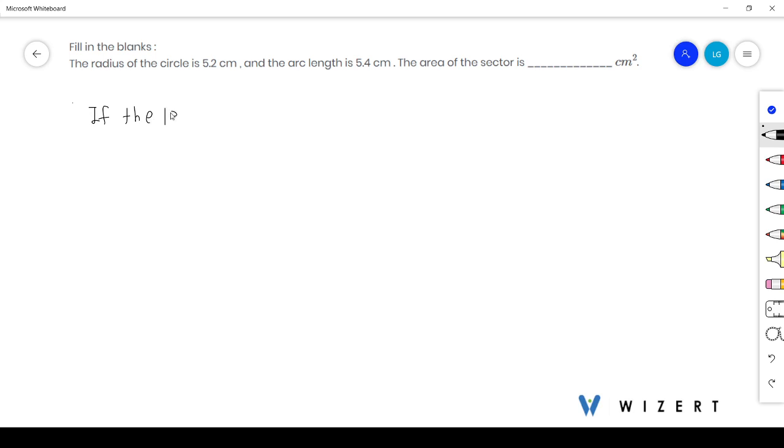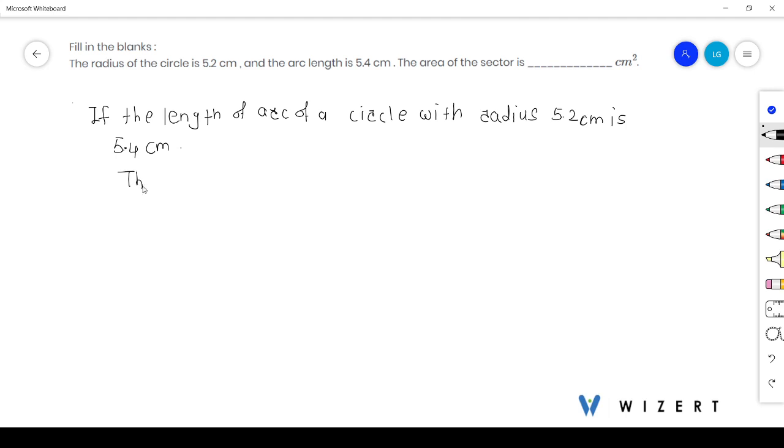If the length of arc of a circle with radius 5.2 centimeter is 5.4 centimeter, then with that the area of the sector